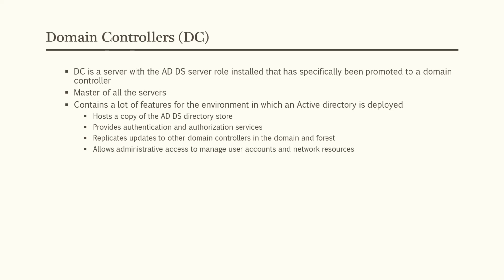All right. So there are some properties of an Active Directory domain controller. So let's see some. One of the most important and notable things about a domain controller is that it hosts a copy of the entire ADDS directory store. All right. So it provides authentication and authorization services to user accounts for them to log in into the domain. All right. Third, we will also see that there are some components called forests, trees, domains, etc. So for now, you can keep in mind that Active Directory's domain controllers help in performing replication in between these domains and forests, etc., which is also a really important feature.